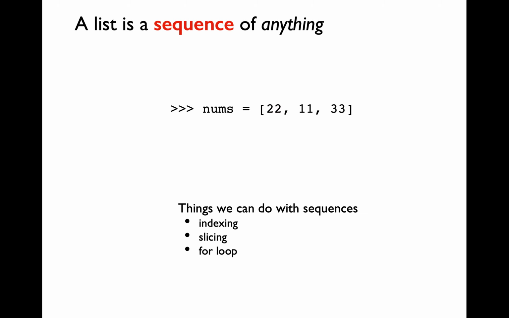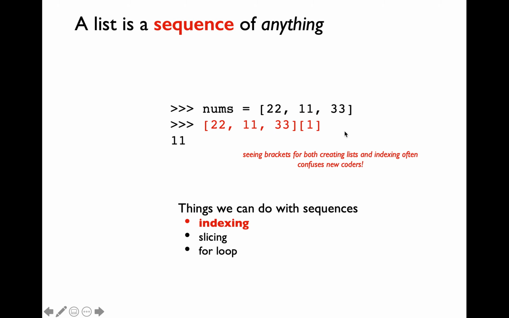Let's go through examples of indexing, slicing, and for loop for this list sequence. Nums of 0 is going to retrieve the item 22 here. Nums of minus 1 is going to retrieve the item 33. Recall that whenever you use a variable for a string sequence, you can always replace that variable with a string literal. Similarly, you can replace the variable for a list sequence with the definition for the list itself.